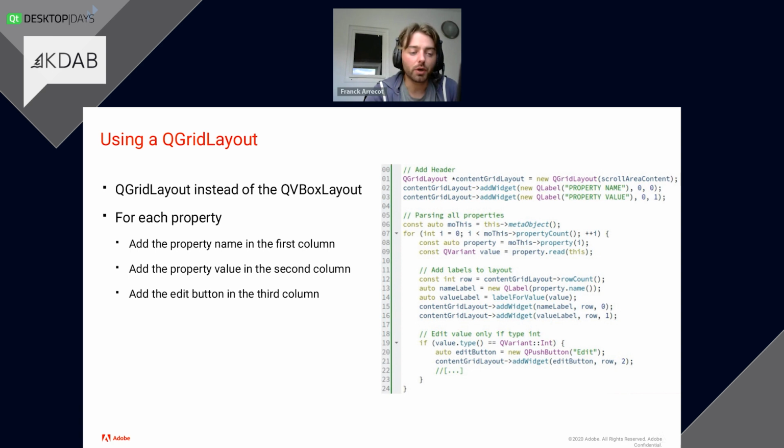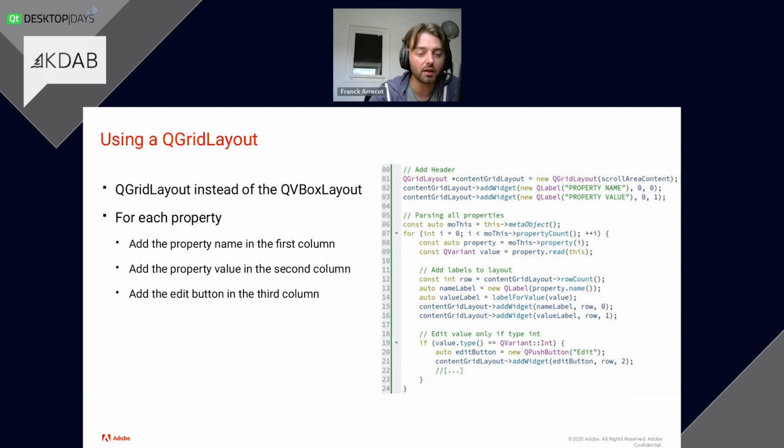If we get back to our code, this time I added a header. Now that we are a bit more knowledgeable about the code, you can see that the header is a new label created on row 0 and column 0 for the property name. The property value is added on row 0 and column 1. With that, you have your header. It could be done in another way, but we're going to discuss that later. And then you start with the content.